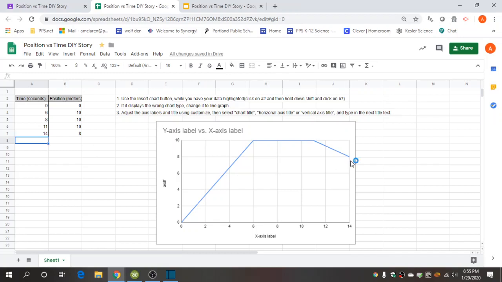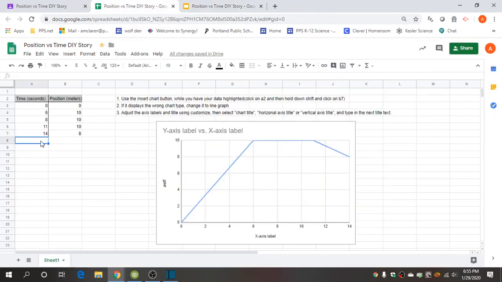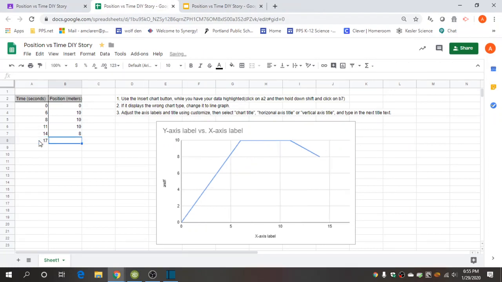So if I wanted to have this accelerate back home, like they were going at this constant velocity here, let's go ahead and just type that in. So it's in a negative direction for 3 seconds, and they get back to the starting position. Okay, so if I'm trying to do that, then maybe I know that at time 17, I'm going to be back